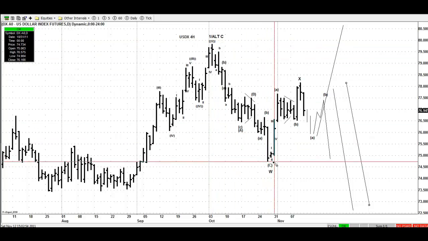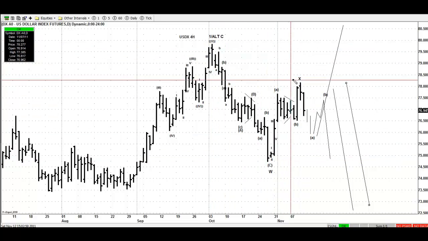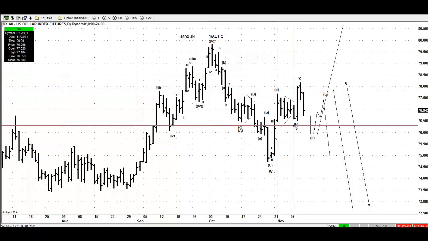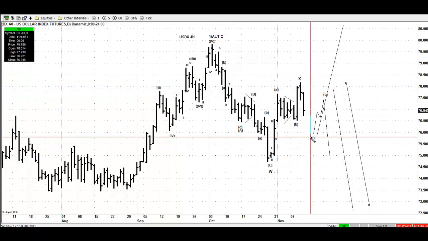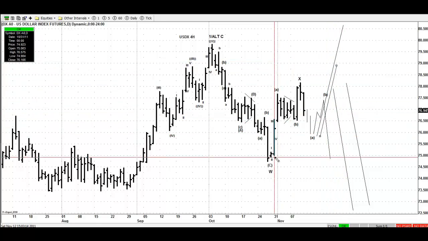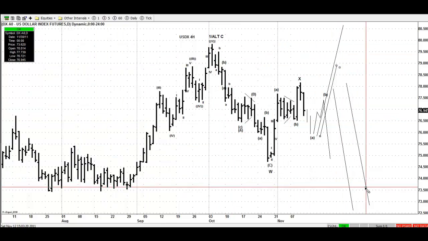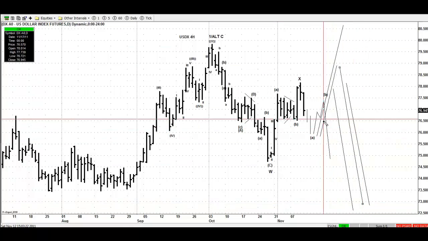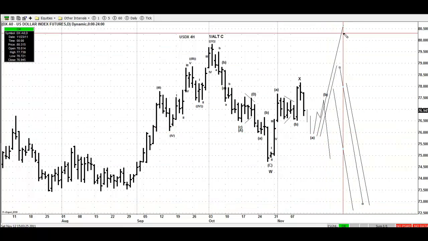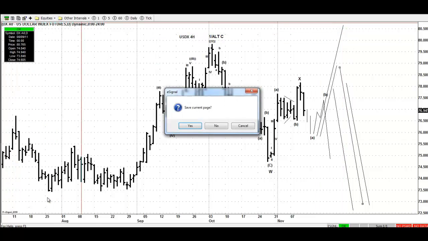The question now is, is this the whole correction to these declines, or is this just one A, B, C? I'm going to explain it in the 1 hour as a flat B. Anyway, the dollar is going to go to the C wave on a wave B to the correction from May 4 to then go lower, or the dollar is going to break higher, or the dollar is going to do whatever the dollar is going to do. If you take a look at the 1 hour in the dollar,